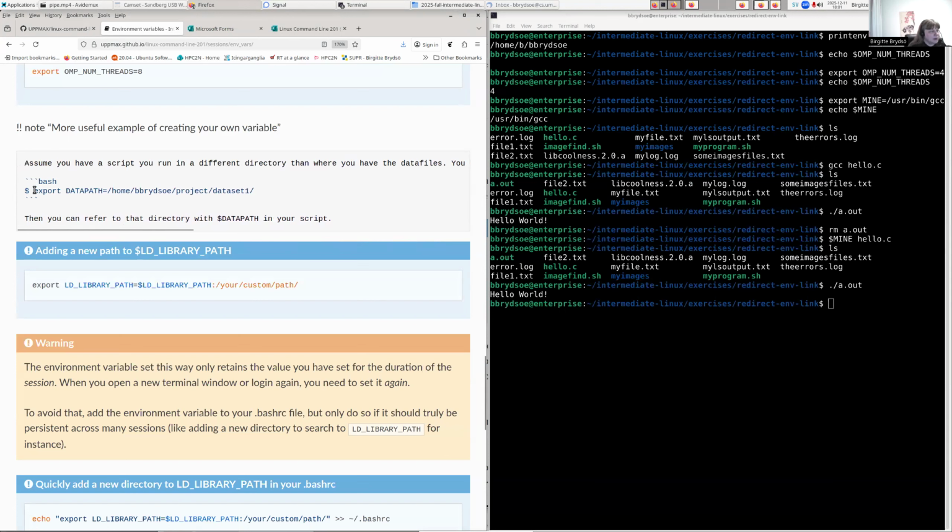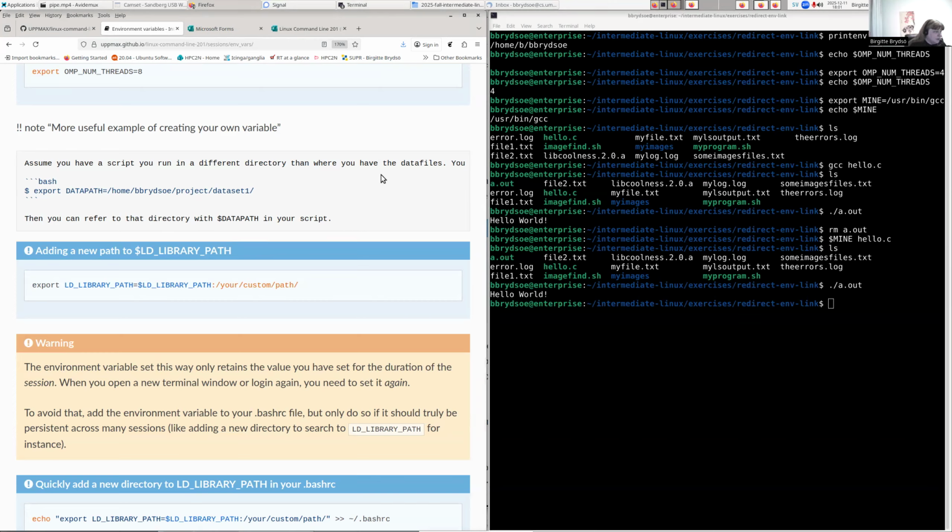So here I'm simply making an environment variable that I'm calling data path, and I'm setting that to where I have my data. And then when I want to run some of these data sets here, use some of them, I don't need to stand in this directory, and I don't need to put the whole path in front of it. I can just say $DATA_PATH slash the name of the program or the data set or whatever, and then my script will find it even if I'm in another directory. So